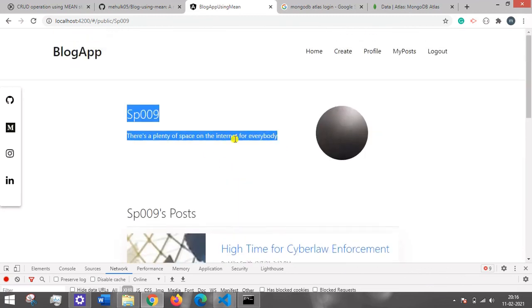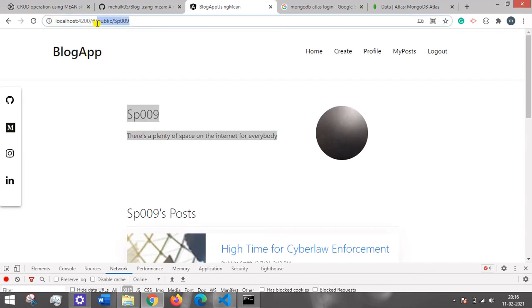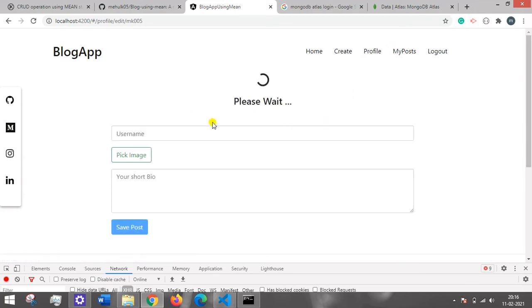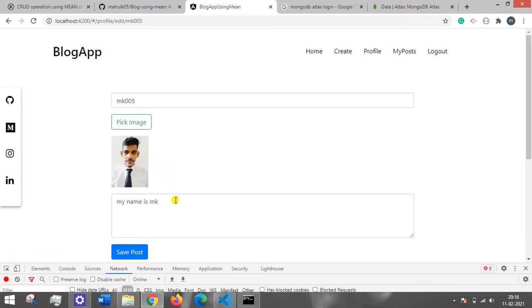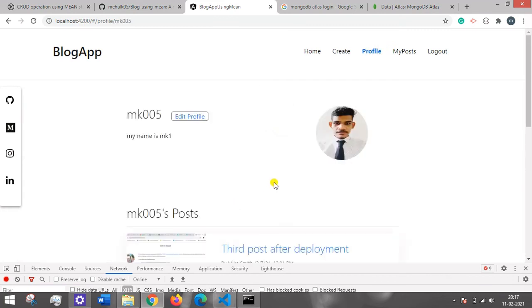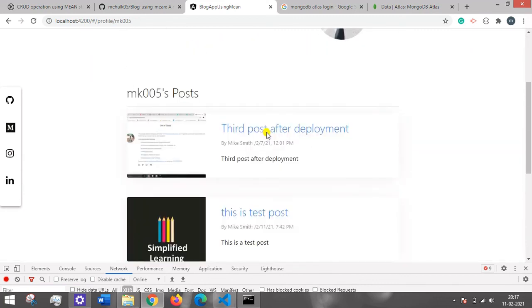One more thing, if you notice, whenever I go to the public URL, I am not able to edit anybody's profile, but when I click on my profile, I am still able to edit it. So I just made it MK1, you can see. So my name is MK1. You can see this is the edited part, and these are the posts created by me.